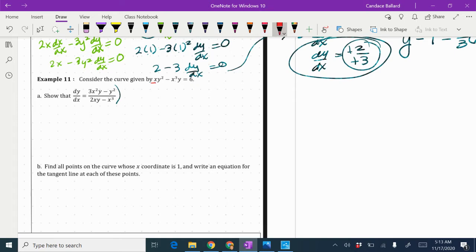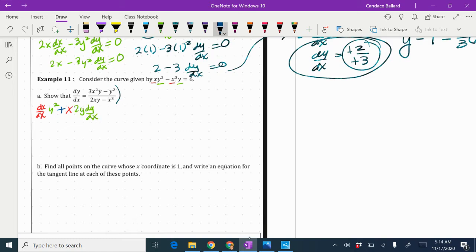It looks like we have some product rules going on. The red is going to be the x, and the green is going to be the y squared. And then the second product rule, the red's going to be the x cubed, and the green is going to be the y. So I'm going to start by taking that derivative. The derivative of the x is dx. Keep the green the way it is, y squared. Put a plus sign in there. Then keep the red the way it is, so x, and the derivative of the green would be 2y dy